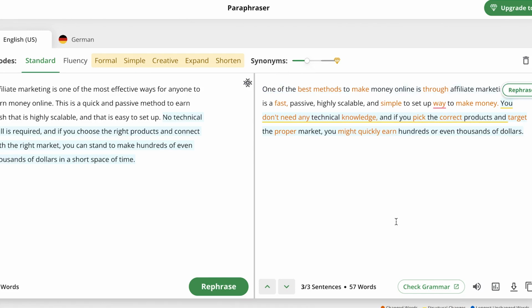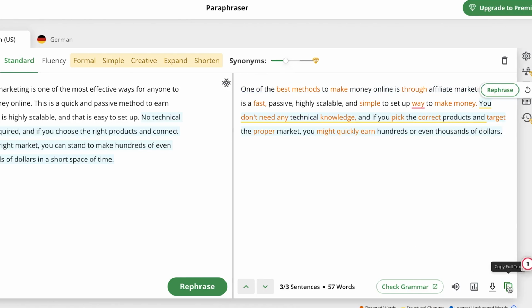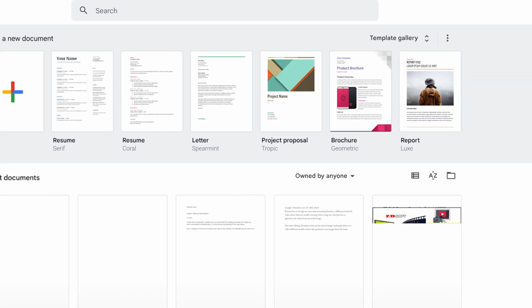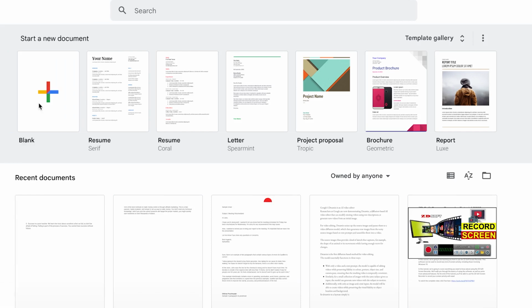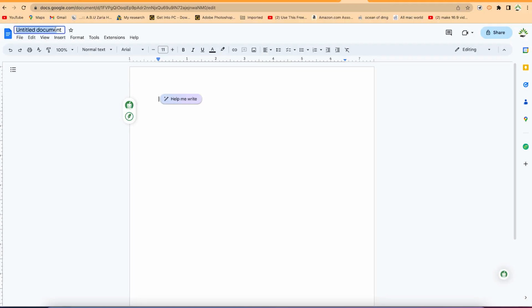But I think at this point I just like it like this, so I can just go ahead and click on copy. I just copied. So what I need to do now is come to my Google Docs. I usually do all of my editing in Google Docs, so I can come to docs.google.com and create a blank sheet. Just rename it. I'm going to name it Affiliate Marketing Book. So you can come over here and just paste. So let's say this is the introduction.